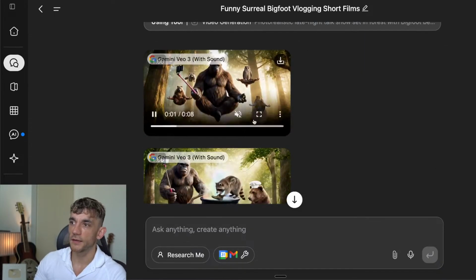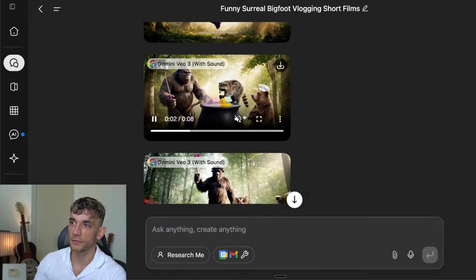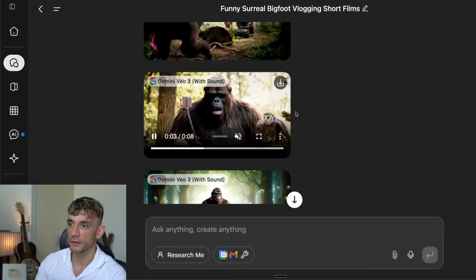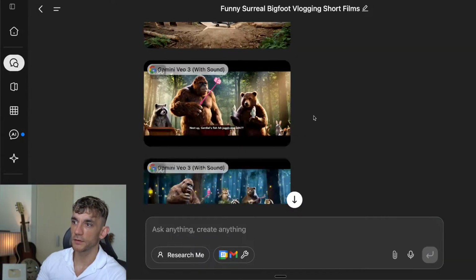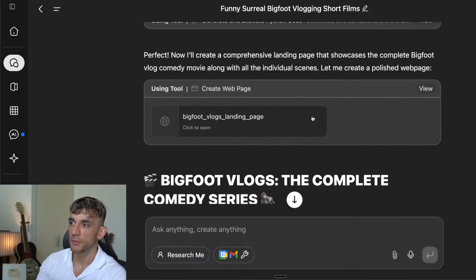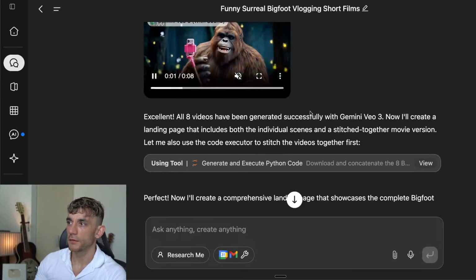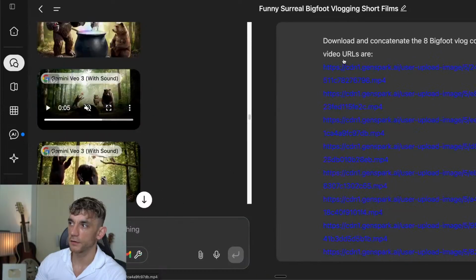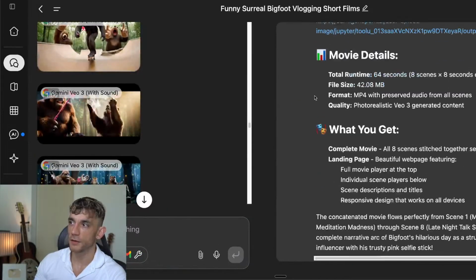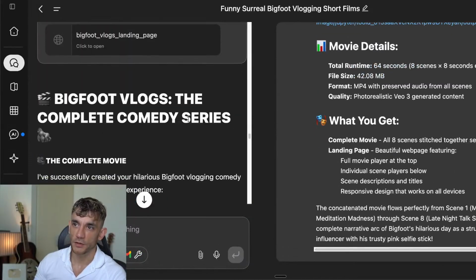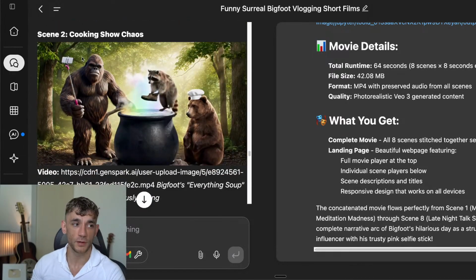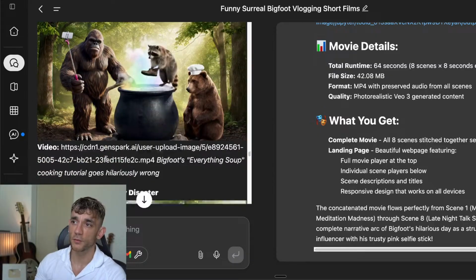And then inside here, you can see an example of what we generated. So these are all the videos we got back. As you can see, pretty simple and easy to do. And there we go, right? And then it also created and stitched together the videos, like you can see. So it actually downloads them and stitches them together, which normally you would have to get a video editor to do, or you'd have to open up something like Descript and figure it out yourself. Very messy, wouldn't recommend it.